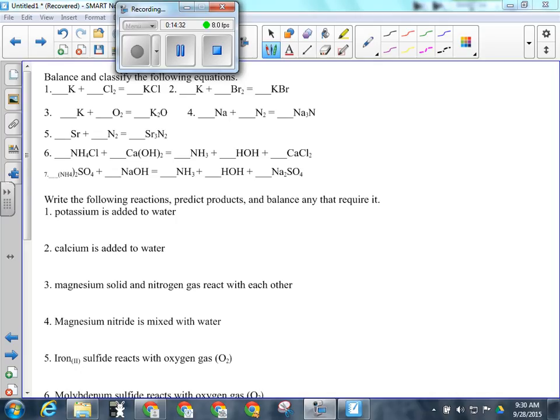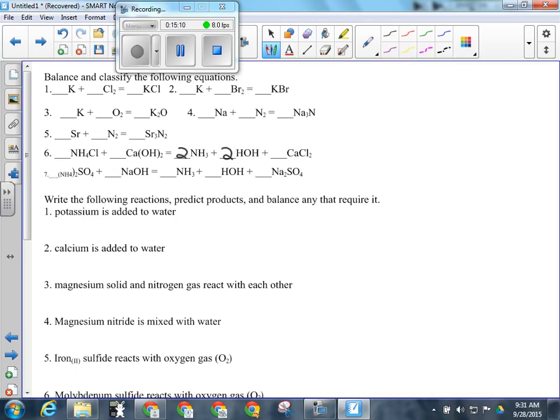Agreed? Okay, so part of it became this, but one of the hydrogens probably ended up where? Yeah, probably over here. Right? So there's the other hydrogen. It's accounted for. I've got 4 hydrogens on this side. I've got 4 hydrogens on this side. Okay? My problem is my hydroxides. I've got 2 over here, but only 1 there. So if I put a 2 there, that suddenly throws off my hydrogens over here. Agreed? Okay. So looking at that, we can start thinking maybe if I put a 2 here,